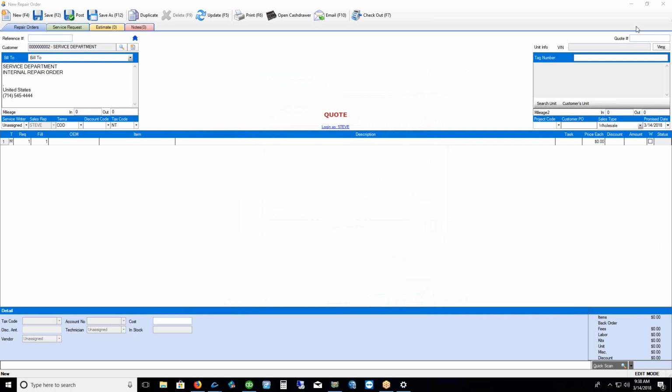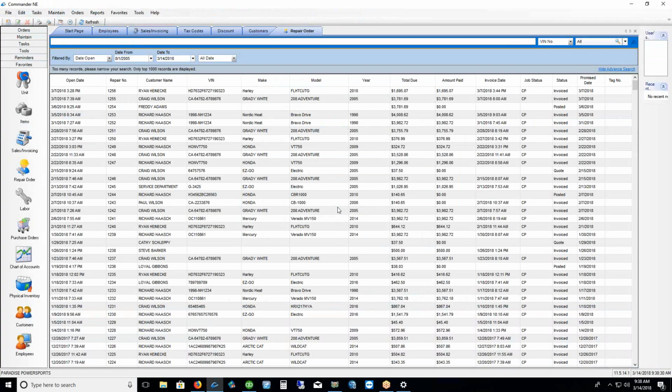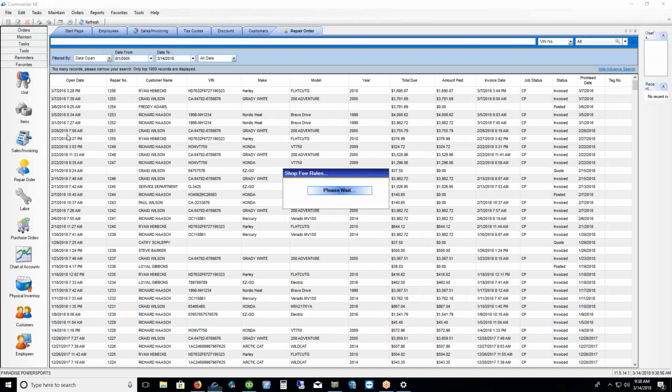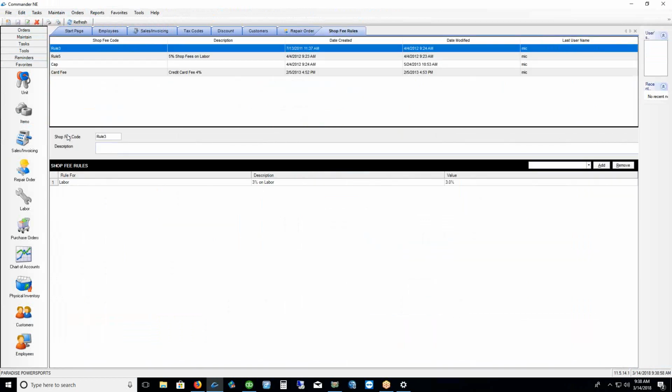There's a second method that we've now employed, and we've coded into Commander, and that is the ability to add shop fees as a percentage on either parts or labor. Now, it's typically added as a percentage on labor because we don't charge shop fees typically when we're just selling parts. So if we put it in as a percentage on labor for a work order, here's how we do it. We go to the Maintain tab up in the top left there, and we go down to something called Shop Fee Rules. So Maintain, Shop Fee Rules, we click on that,